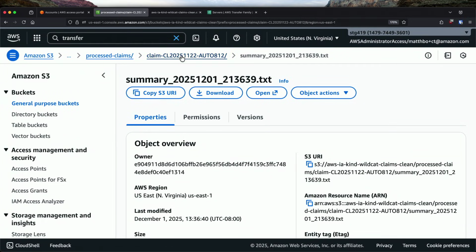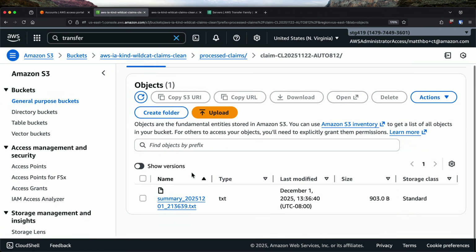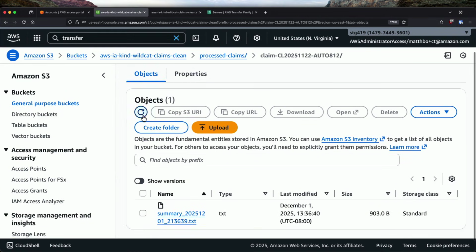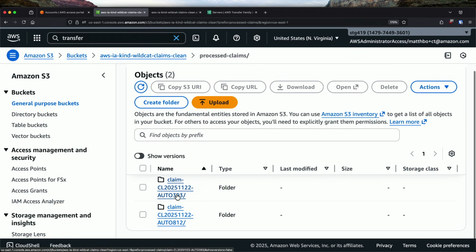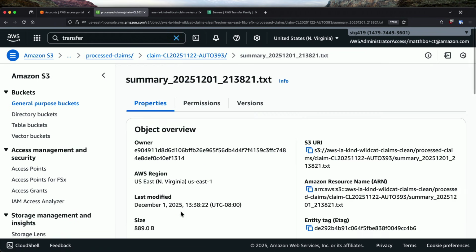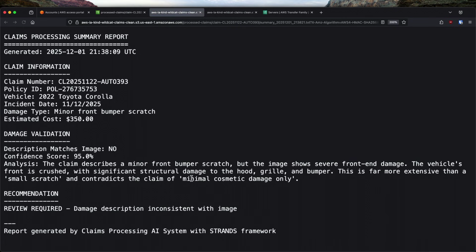Now, at the same time, let's see the second one. I'm curious about that. Let's see if it processed. Okay, so my second claim is also processed. I think it should be the first one over here. Yes, legible. Okay, perfect. So my second claim, again,